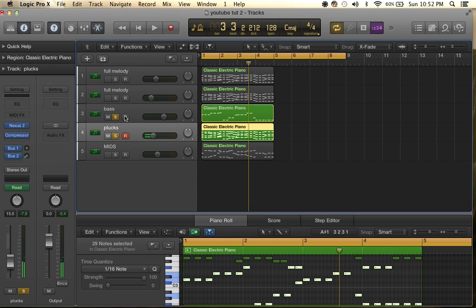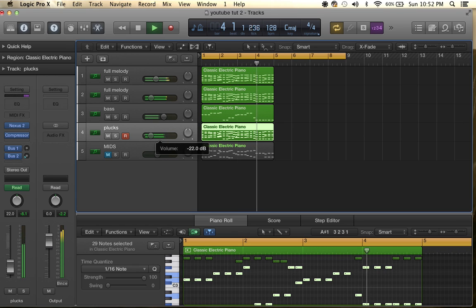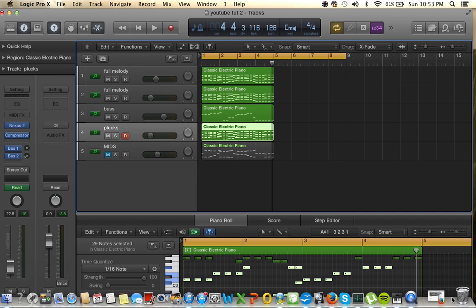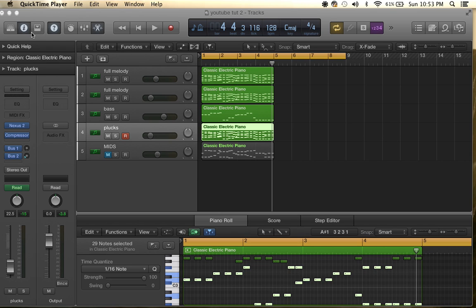Let's hear it all together now. So you can hear it's a really big sound right now, and that is exactly what I'm shooting for, is to get that big sound, and it's really bass driven.